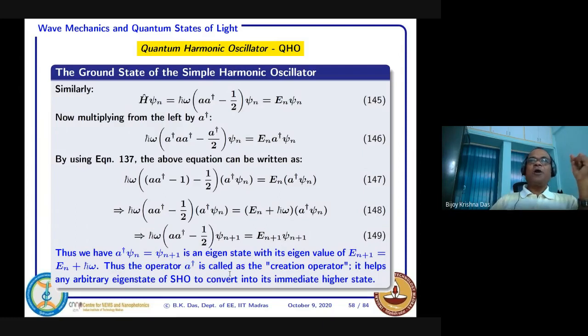Now, just think about this: is it possible, for a harmonic oscillator, to find the ground state first? If you know the ground state, then you can just use A dagger and you get ψ1. If you know ψ0, then you can get ψ1. What will be the value? You just operate with this operator, which you know how it was defined earlier. Normally, in any quantum mechanics book, they solve this harmonic oscillator or parabolic potential with a lot of mathematical derivations to find the ground state and the higher states, all those things.